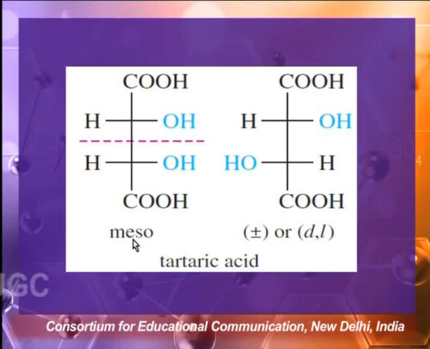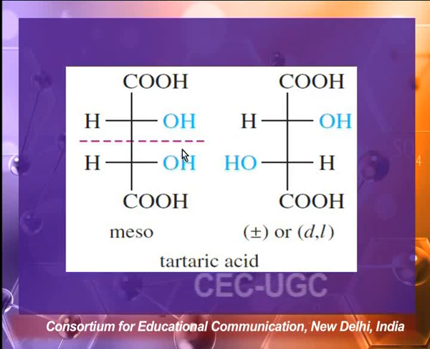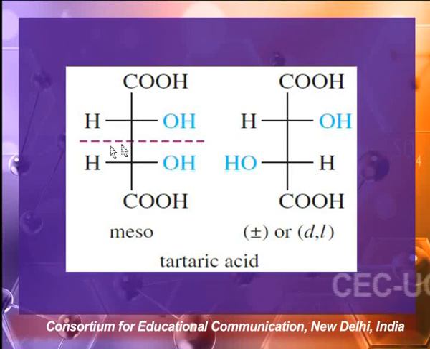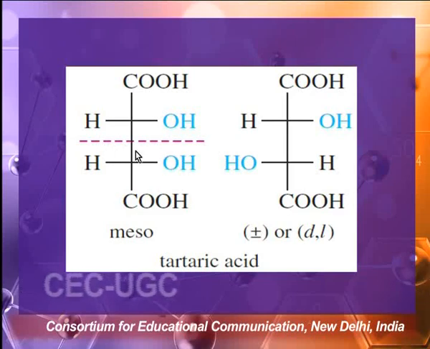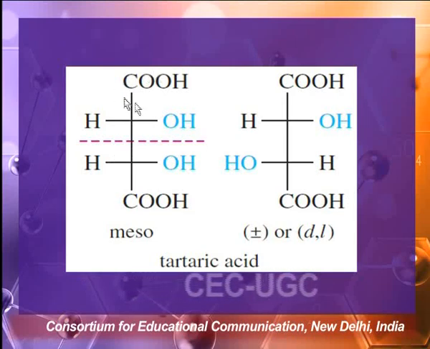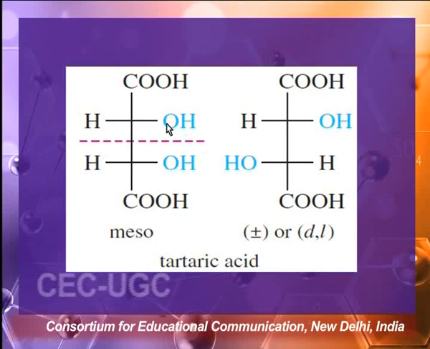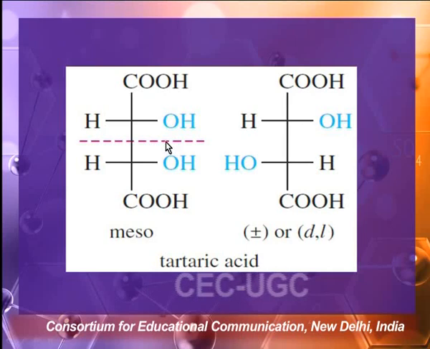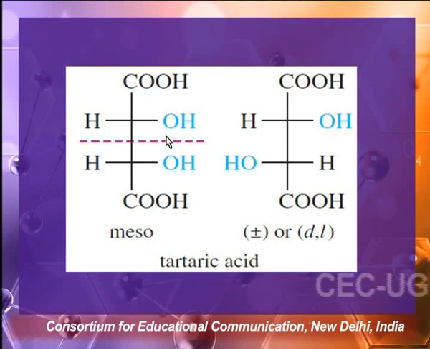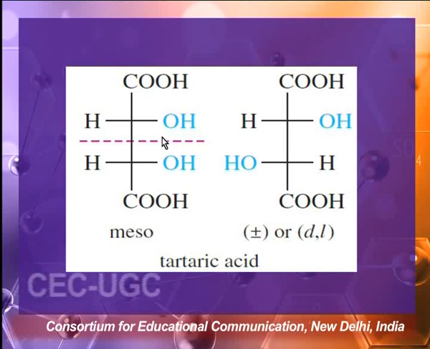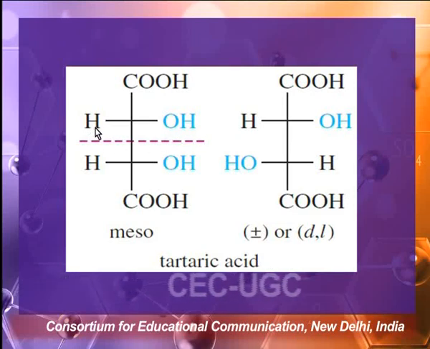So here what you can see is the meso form we've shown. Why have we shown the meso form? Because this compound is optically inactive due to a plane of symmetry, right? And this plane of symmetry is because when we cut the molecule into two equal halves, it will be optically inactive. So the point that you have to keep in mind while you are giving the erythro and the threo notations is that these two groups should be different.